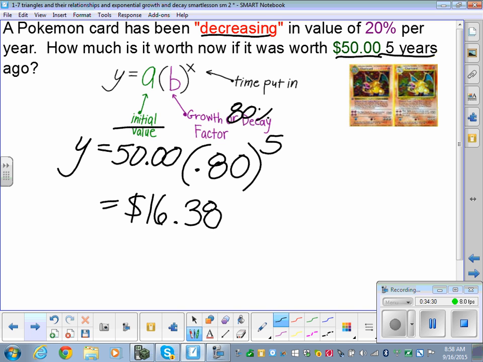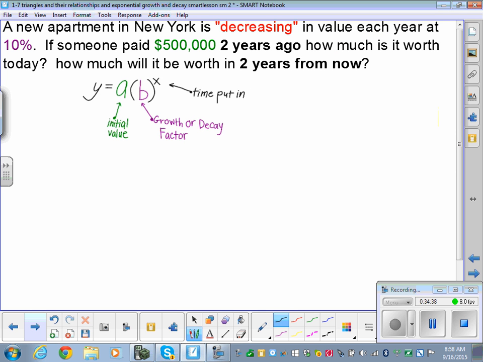Last one, because this one's tricky. The wording kind of gets tricky on this next one because we have to think about it a little bit. All right. Okay. So a new apartment in New York is decreasing in value each year at a 10% rate. If someone paid $500,000 2 years ago, how much is it worth today? And then how much will it be worth in 2 years from now? So first of all, this